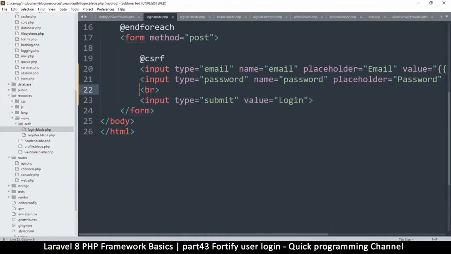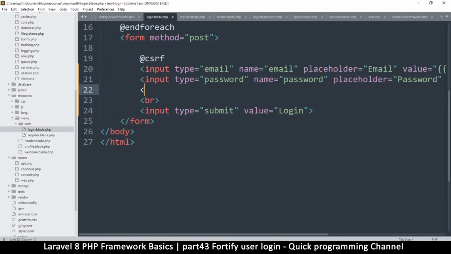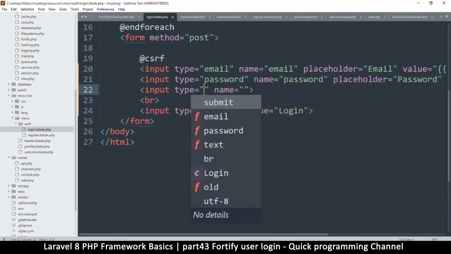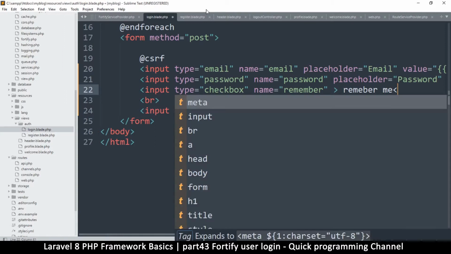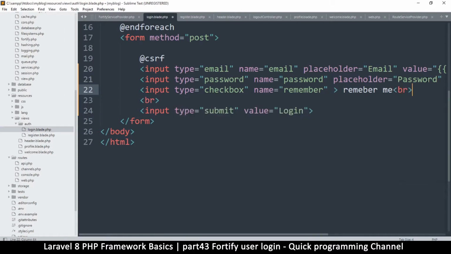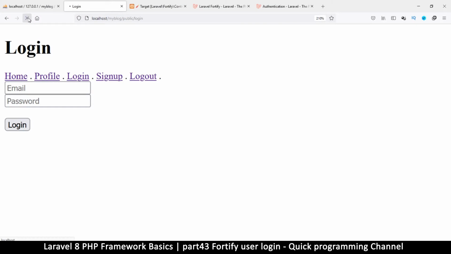So right here we can add one more input here and just call it type checkbox. And then the name should be remember. And then we're going to see whether it's checked or not. But here I'm just going to say remember me, something like so. I've forgotten an M there. Wait, remember me. Good. So if I refresh now,